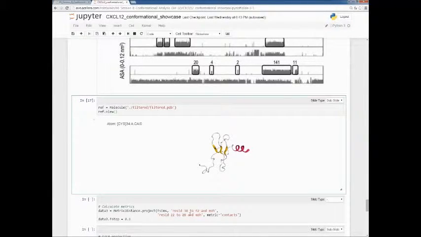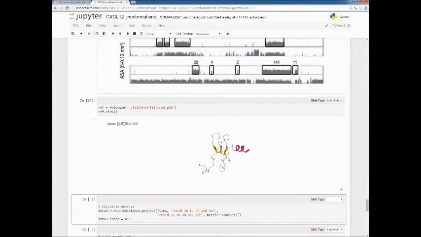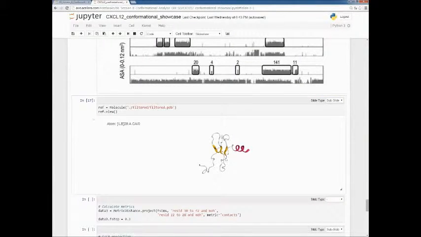I want to see, this is my first selection, and the other beta sheet, I'm going to select it from here, which is 20 to 38, 20 to 22, 28. Probably I made the selection a bit more up. Well, the thing is that I want to take one selection for one of the beta sheets and the other selection for the other beta sheet, because I want to see the distances between both of them and see if